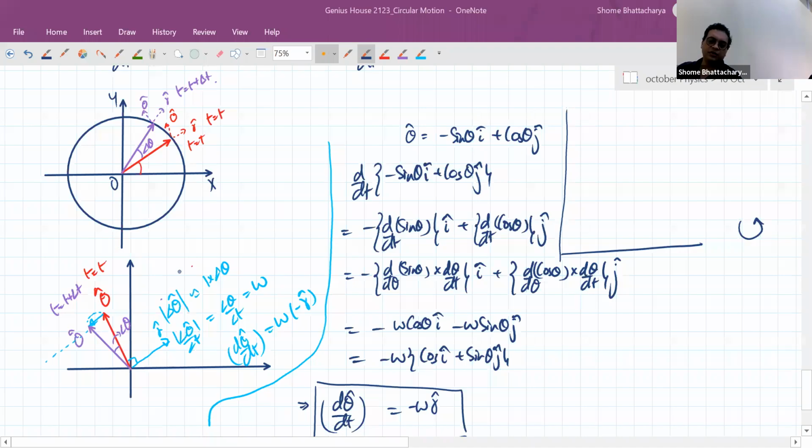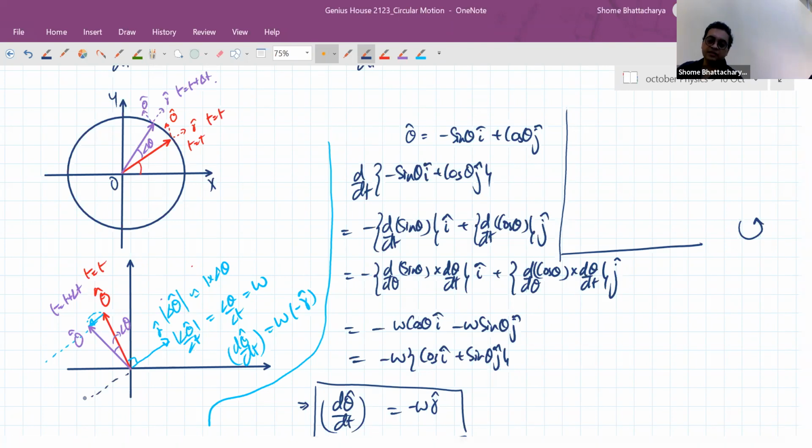So with that logic, now if I look at this one, my r cap is like this. So minus r cap is pointing in this direction. If minus r cap is pointing in this direction, point your thumb along minus r cap. Now that is the direction of the vector.